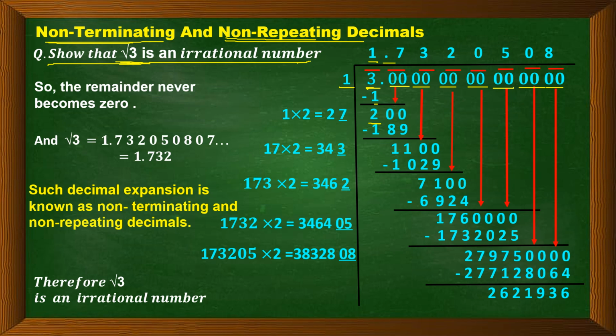So put a decimal point in the quotient and bring down the two zeros. Now the new dividend you can see is 200. Now we have to solve 200, for which we need a divisor. So we will take the first quotient, that is 1, and we will double it. So 1 into 2 is 2, and further think of a number what should come over here in the blank, and the same number we are going to multiply, which we are going to write in the quotient, and we should get a number which is less than or equal to 200.